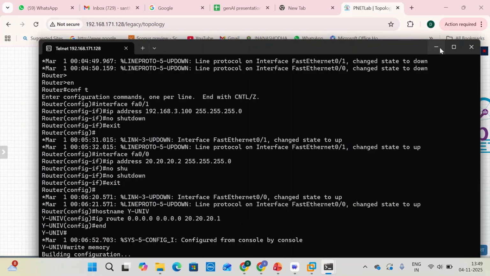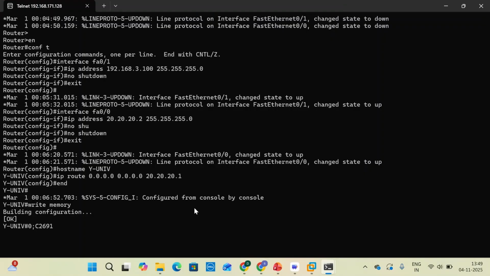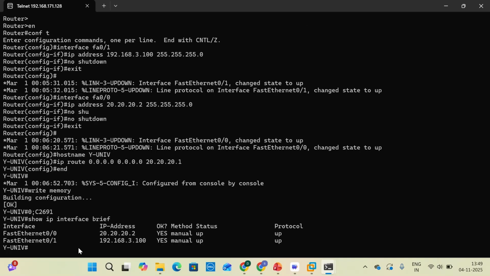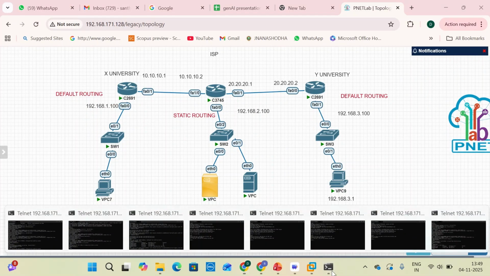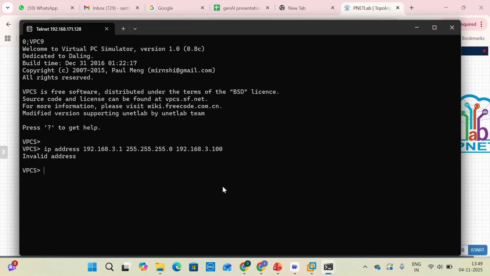Show ip interface brief. So yes, it is 192.168.3.100 only. It is correct. 3.100. So why is it not taking